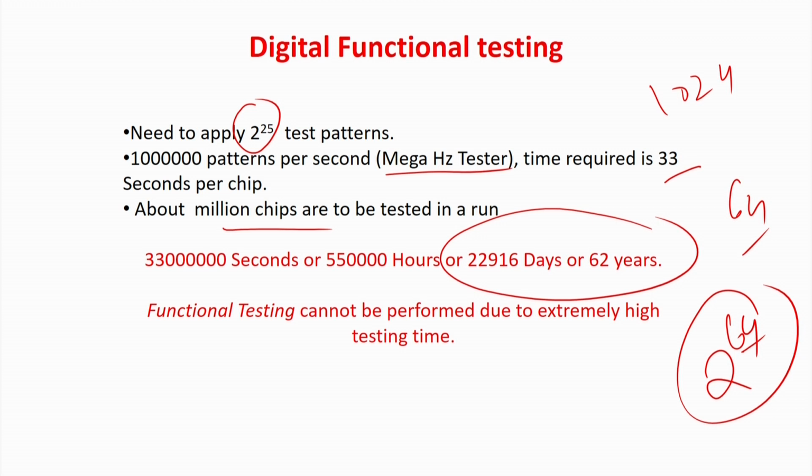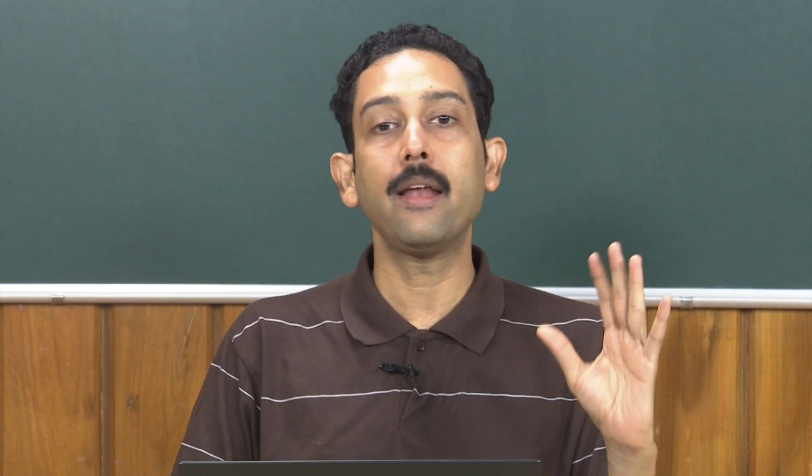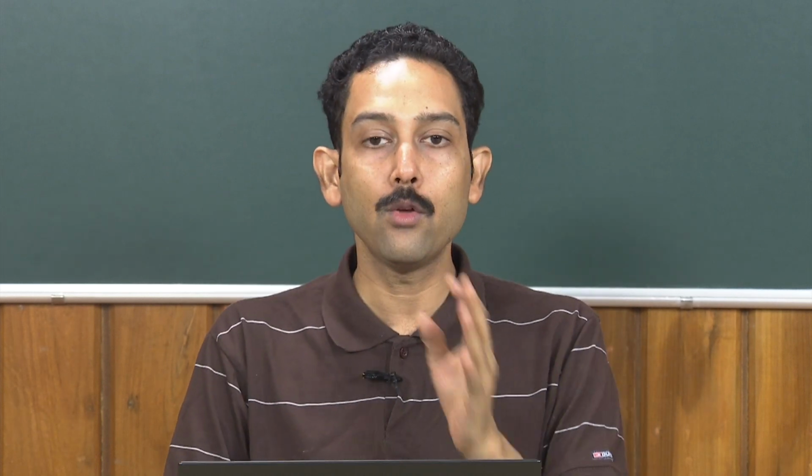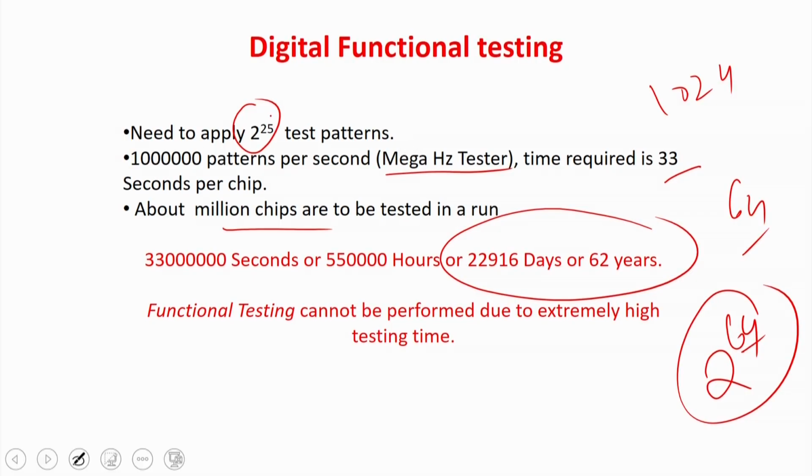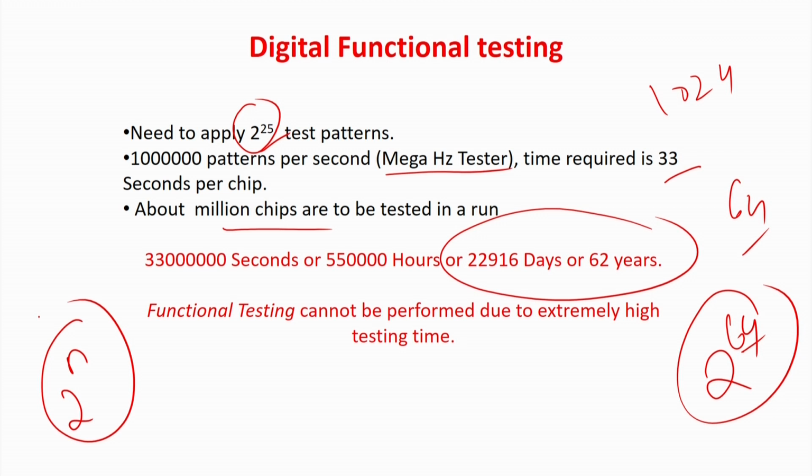So functional testing is theoretically fine, and you can guarantee that everything is proper only by full functional testing, but I am very sorry to tell that you cannot apply it practically. Then what to do? Because our job is to give a guarantee. This full functional testing, 2 to the power n, can give a 100% guarantee that your chip will be operating fine if your testing is passed, but we do not have so much time. So what do we want to do?